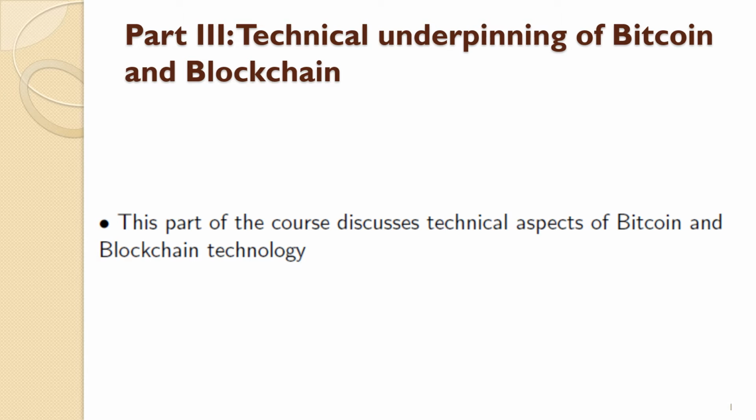So the aim of this third part of the course is to try and talk in more detail about the technical underpinnings of Bitcoin and blockchain. So this is both more detailed and perhaps similar in spirit to how this module may have originally been advertised from the module description. Okay, but I think it's important to say here that this part of the course is softer in nature compared